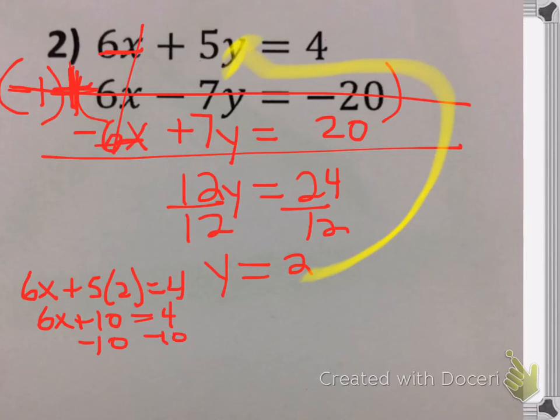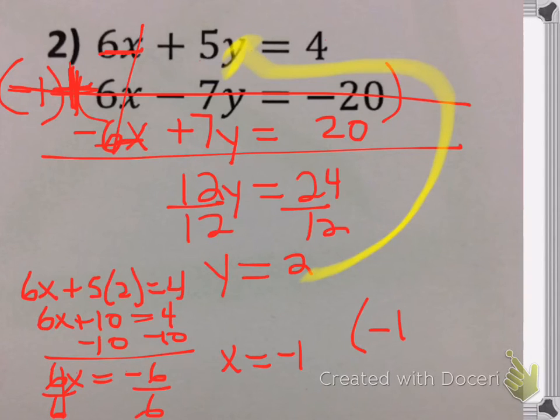Minus the 10 to the other side. So I get 6x equals -6. Divide both sides by 6. Cancels on that side and I get x equals -1 from the -6 divided by 6. So my ordered pair solution is -1,